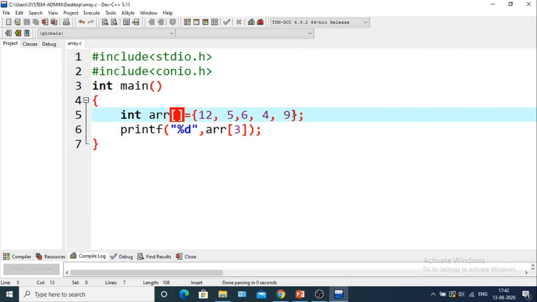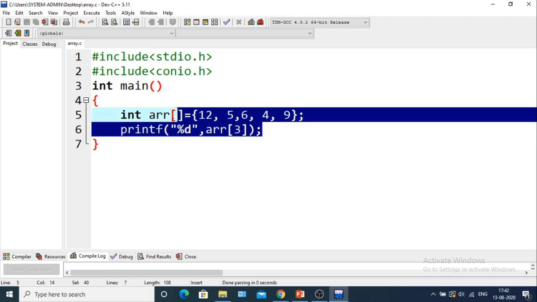As you can see, we did not mention the size here, so the array will take its size from these values. As there are 5 values, the size of the array will be 5. So this is how to take values in an array.